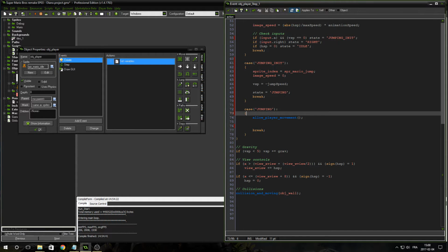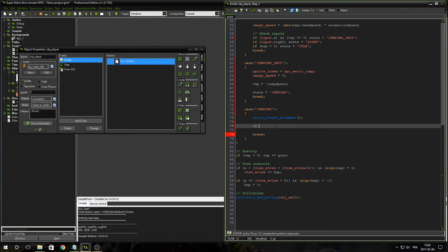Here, as you can see, when we press A, we start the jumping init and then we jump by modifying the VSP function. Here, we want to actually check if we are still pressing the jump button, and if we are, we go higher, and if we're not, we don't go higher. And we're going to do this like so. Right under allow player movement, because we still want to allow the player movement while we are jumping, we're going to say if VSP is smaller than 0